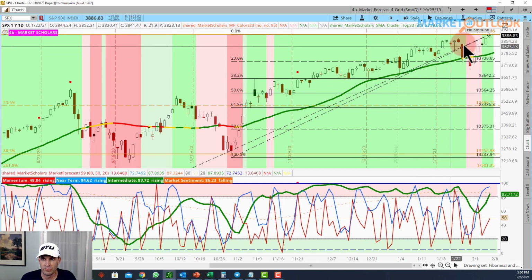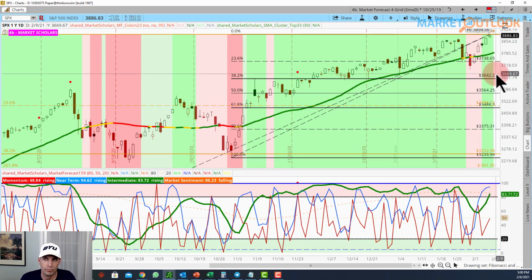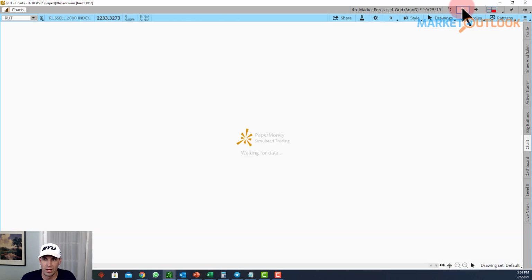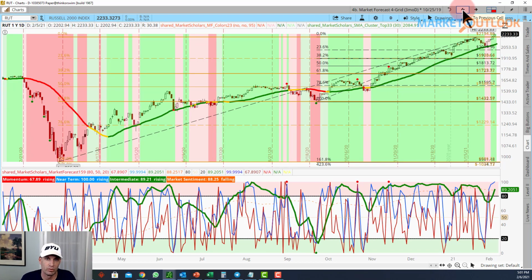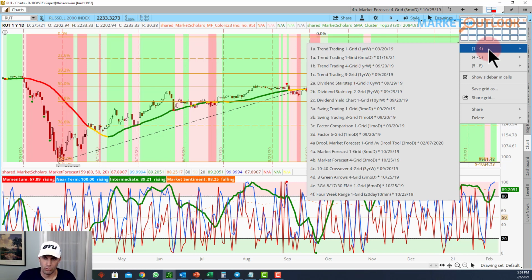Obviously, if we broadened out even more to a lower low than where we got there, then we would be breaking the 23%, so we would be forming a pullback. But as long as we stay muted, between 0 and 23, above the moving average, maybe flirt with it just a little bit, the near-term line stays above 20, the momentum line stays above 5, then we're fine. I would lean in the camp of extending this out. As we've seen, there's precedent for extending this out. But I wouldn't be surprised if even as early as this next week we